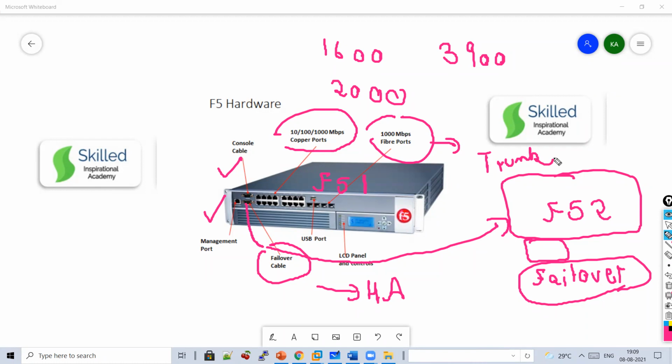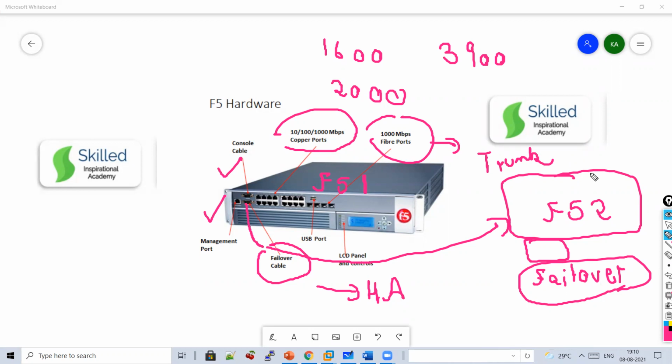And the copper ports are Ethernet ports, used for internal connectivity or external connectivity. If someone is from a network background, they must know that. So these are the important ports which you should know.